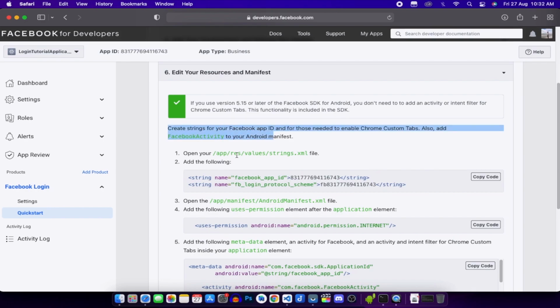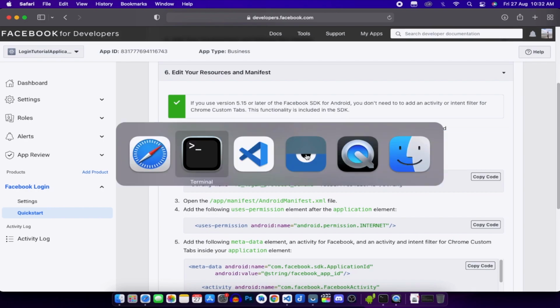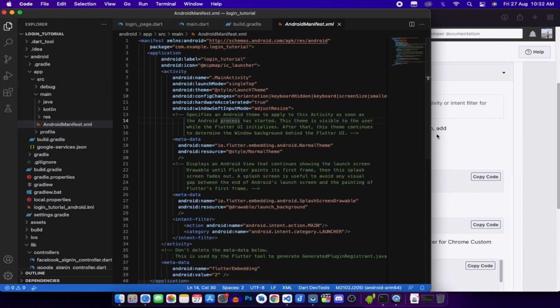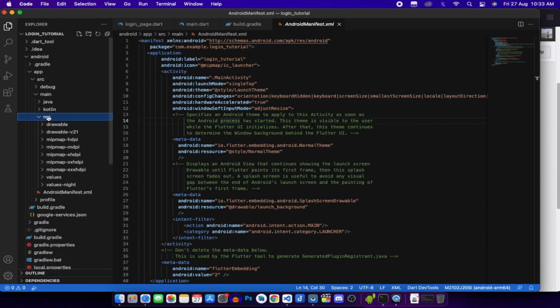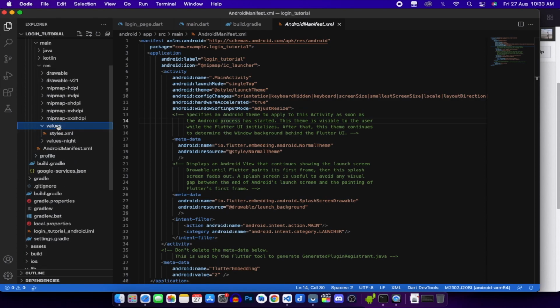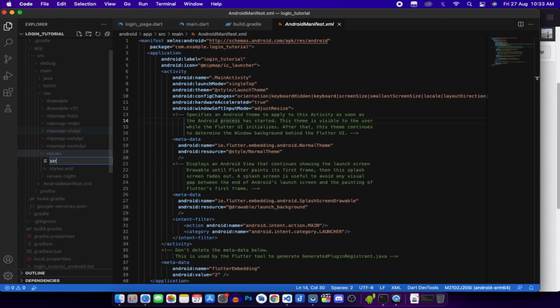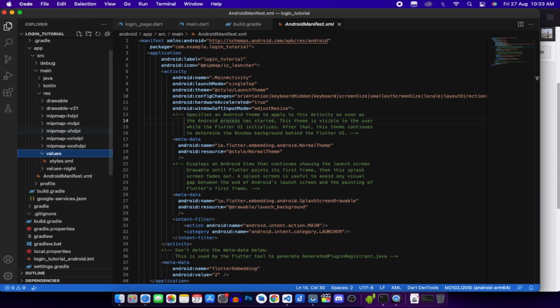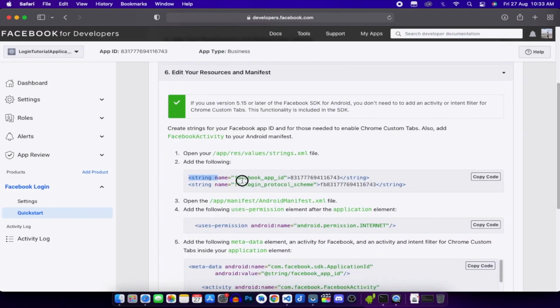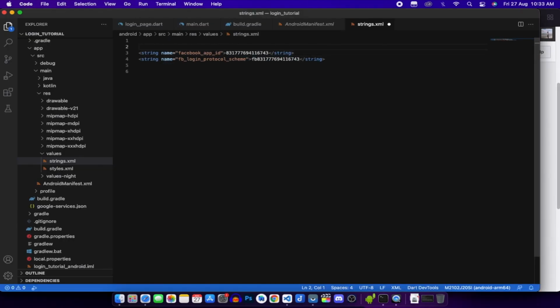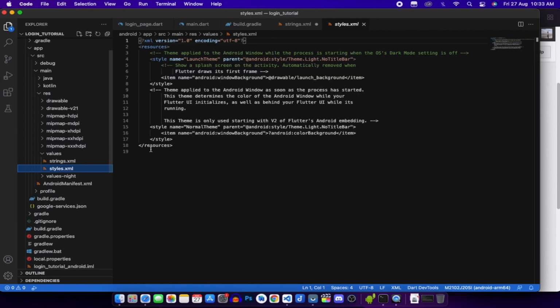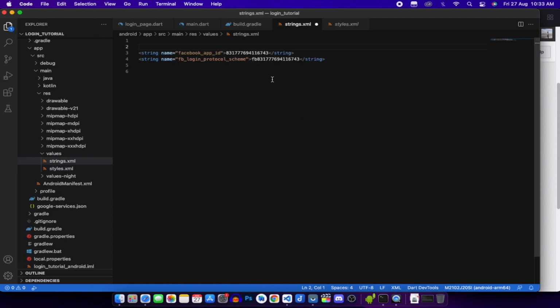Now the main thing that we need to do is create this strings.xml file. How can you do that? You'll go to your Visual Studio Code, and here you can see we have this resource folder. In this resource folder we will have the folder values, and in values we have to create a new file. We will write strings.xml, and in strings.xml we will copy this thing and paste it here. And remember, whenever we create any XML file in Android, we also have to provide the app name for it. So how can you do that?